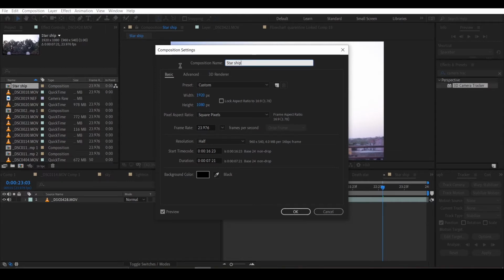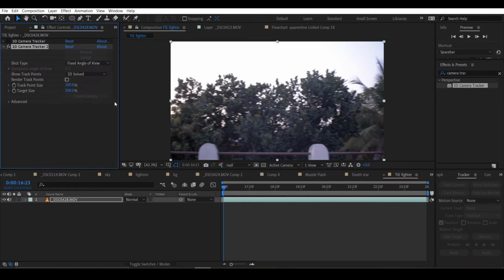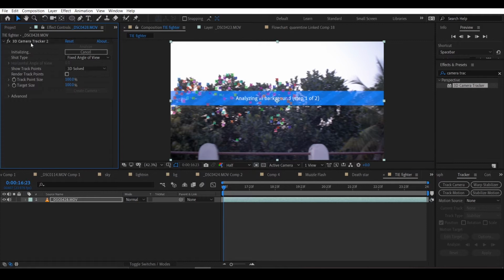So I'll import the footage in After Effects and name it TIE Fighter, and apply 3D camera tracker to it to track the camera. Hit analyze and leave it to analyze.